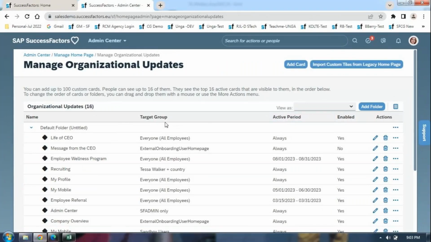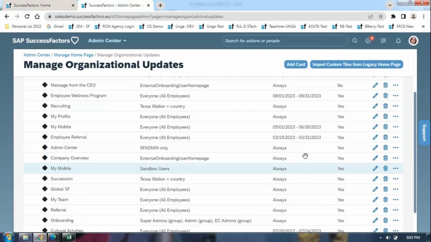So target group here, employee or everyone, admin means everybody can see. Everybody means we all have admin permissions or employee permissions, fine. And coming to active period, some of the cards are always active, but some of the cards have a limitation, I mean say before August or something. That's why we can't see them. Still, we can delete all these things, right? Now,